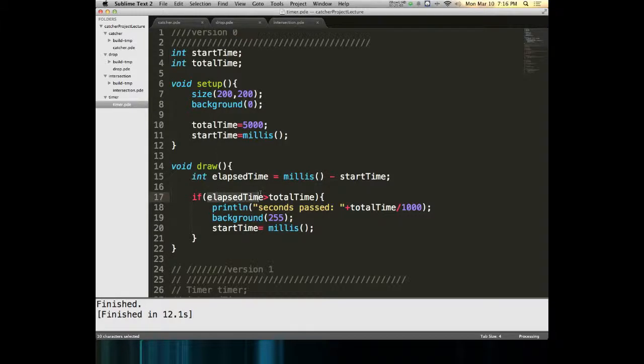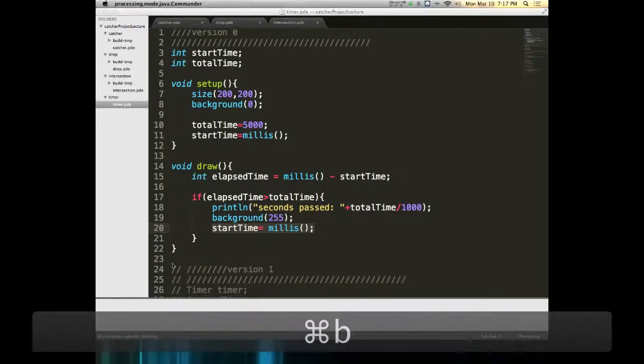And then I do a quick comparison, and I compare how much time has passed by versus my total time, which is 5,000. So when elapsed time is greater than total time, it's going to print out a message, and then it resets start time to whatever the current time is, so that it is going to create a running loop. So if we watch this go,